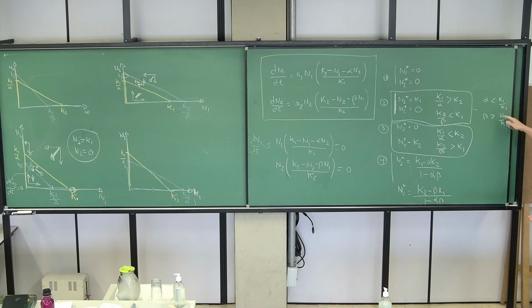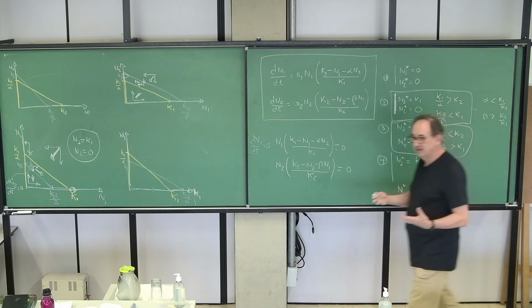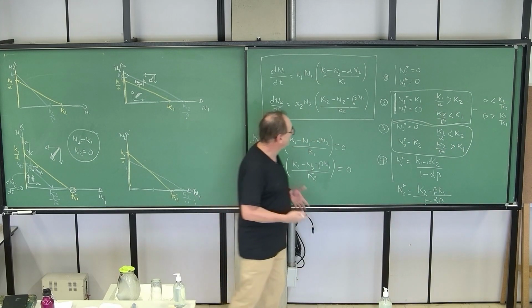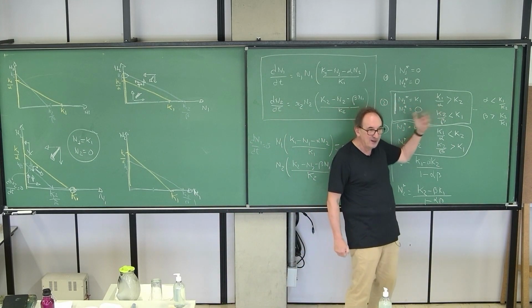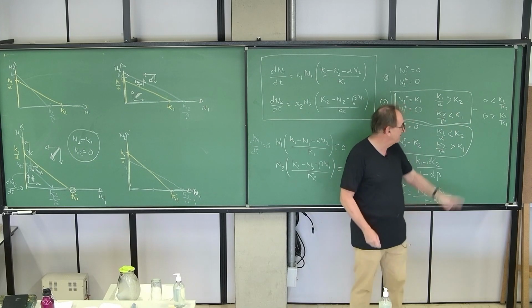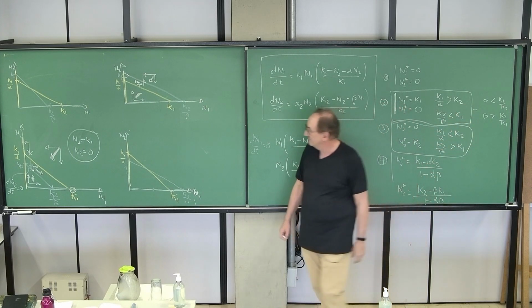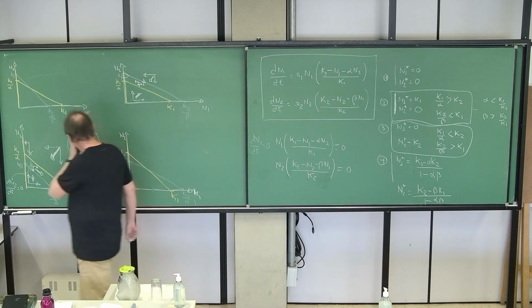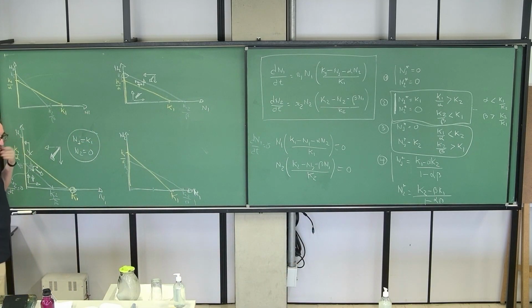Okay, so this does not mean exactly that alpha and beta are bigger or smaller than one. Beta and alpha are compared to these values. And this is the definition where the population of n1 wins the competition and eliminates n2, under these conditions. Very nice. Now we have two other cases